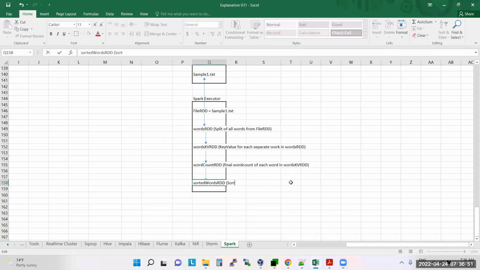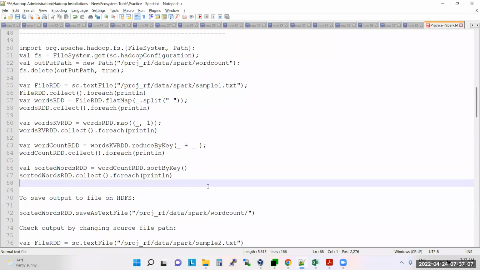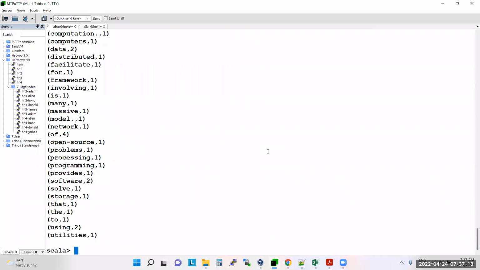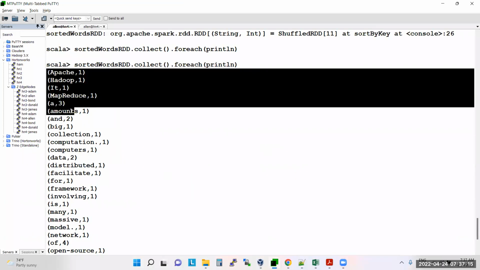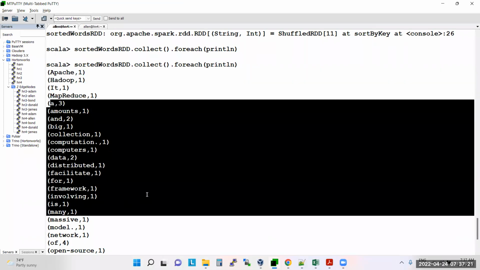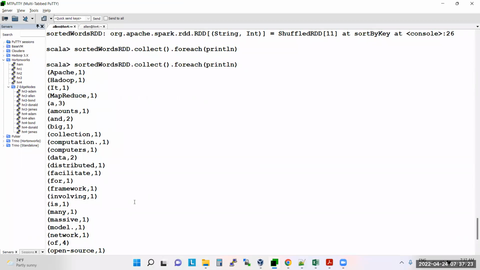Now if you print this one, sorted word count, you know, is it in a sorted way or not? First all capital letters, then all small letters. A, B, C, D. Yes or no? Yes, sir. So now this sorted word information is available